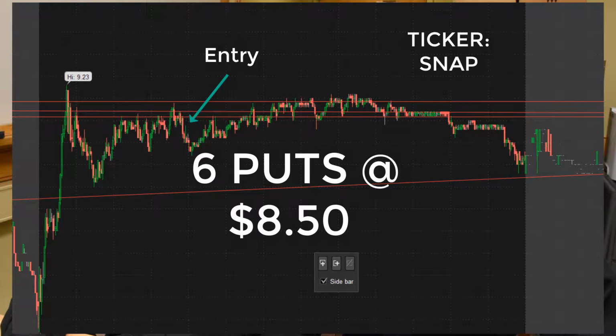The market's been doing all kinds of crazy stuff. It's pulling back, it's recovering, just a bunch of stuff. So I'm gonna go over the position I took today. I entered into Snap, which is Snapchat, I believe. And I entered a position on that early this morning,